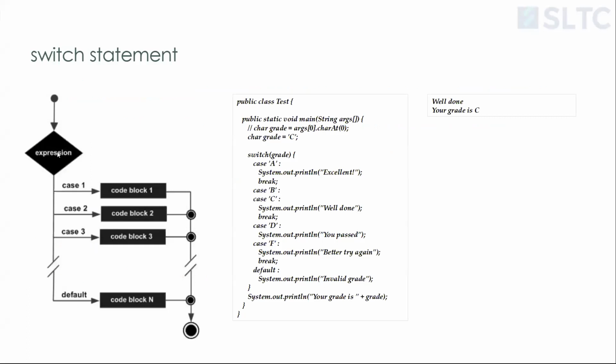So you're asking a question here, just like the if statement, but we have a mapping or matching case statement for the input value here. So if the input value is equal to case 1, we go and run code block 1. If the input value is equal to case 2, we go and run code block 2. So likewise. Now we also have another very interesting one called the default case. Default case is something called catch all, meaning if the input doesn't go to any of the cases, then it goes to the default case,